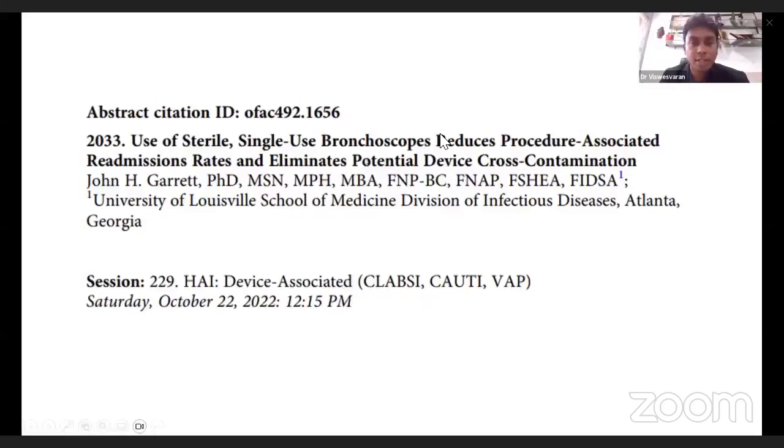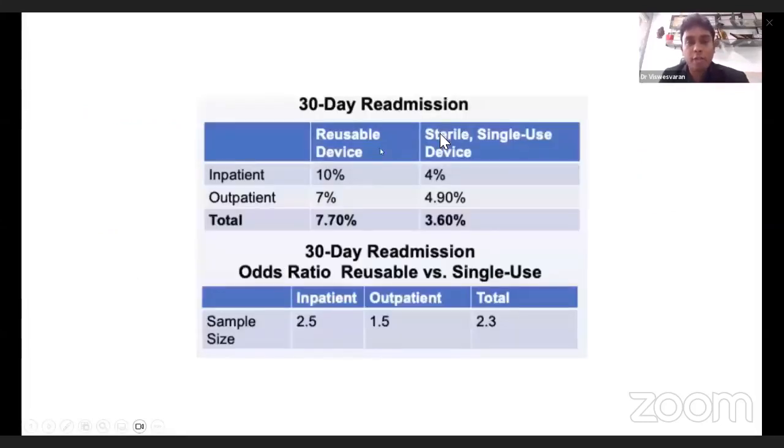In addition to this, there are other studies which try to understand the use of sterile single-use bronchoscopes in decreasing the post-procedure readmission rates and eliminating potential device cross-contamination. So this is an abstract which was submitted by Dr. Garrett et al. So in this study, they found out that when reusable devices were used, the 30-day readmission for inpatients was 10% and for outpatients was 7%,